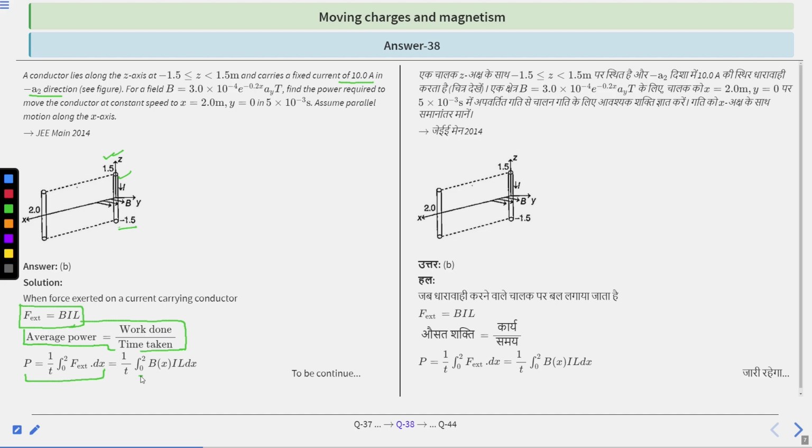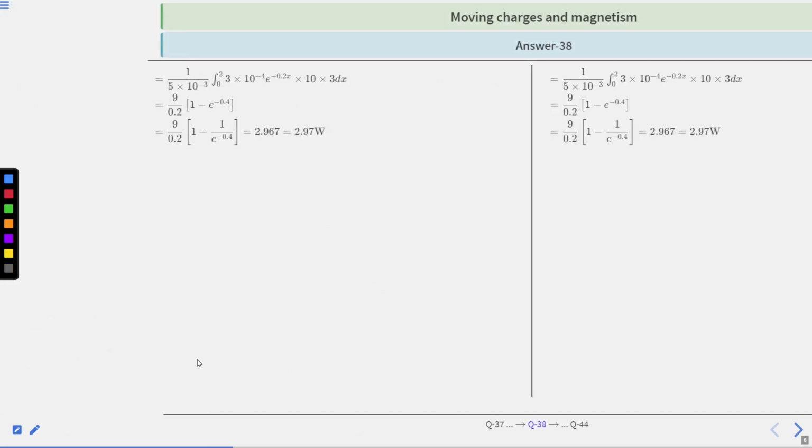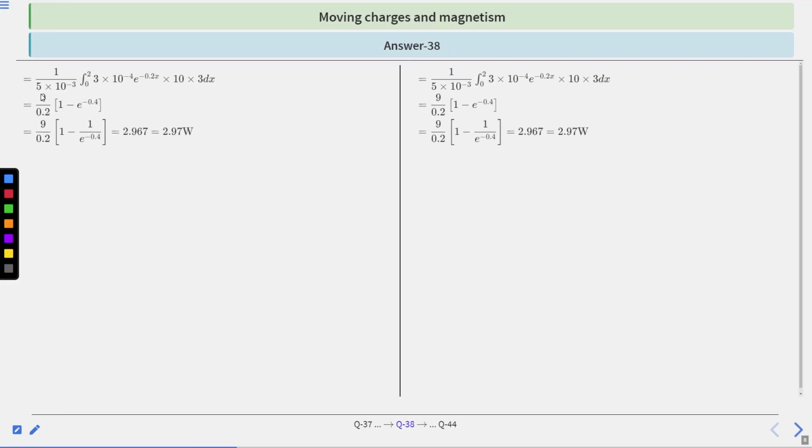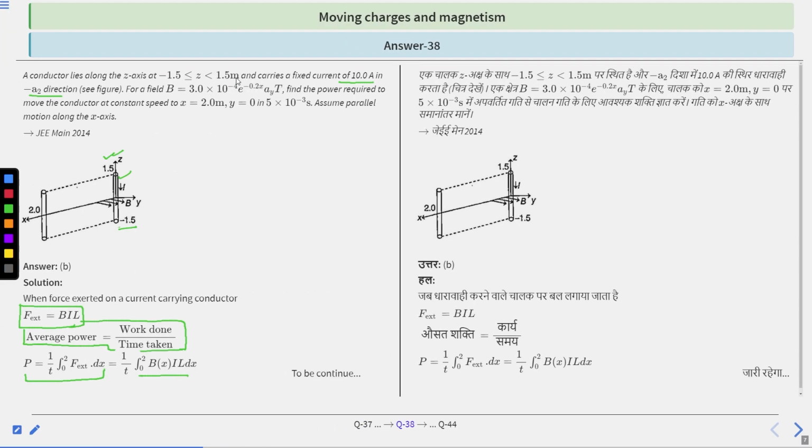Solving this term, you will get the power: 1 divided by 5 into 10 raised to the power minus 3, integration 0 to 2. This is the limit 0 to 2. 3 into 10 raised to the power minus 4, exponential raised to the power minus 0.2x, multiplied by 10 into 3 dx. Putting all these terms which are given in this question into this formula, you will get